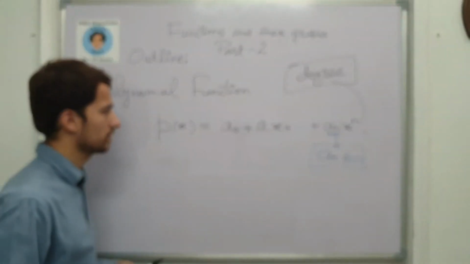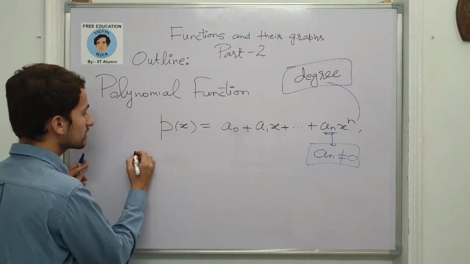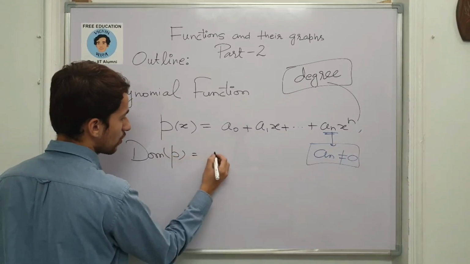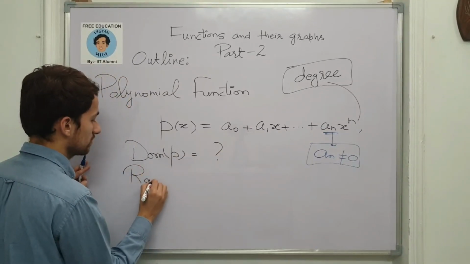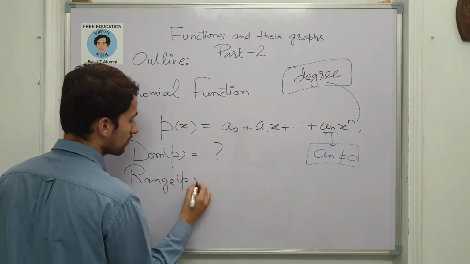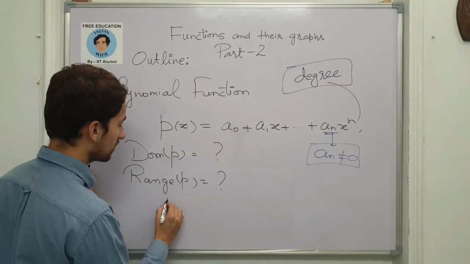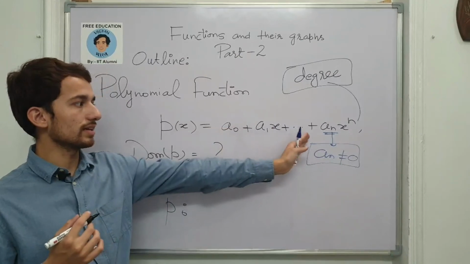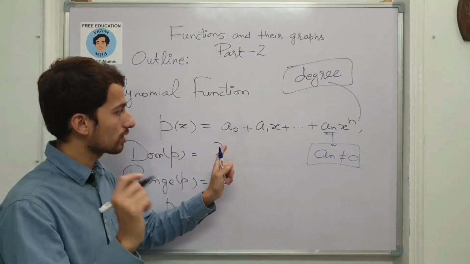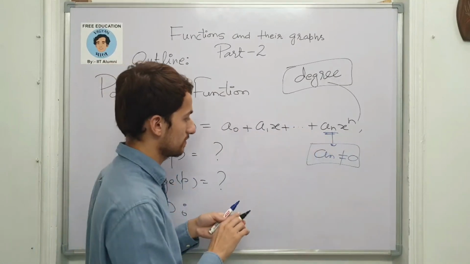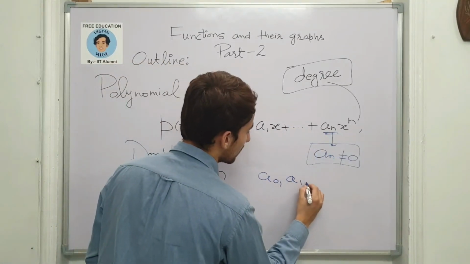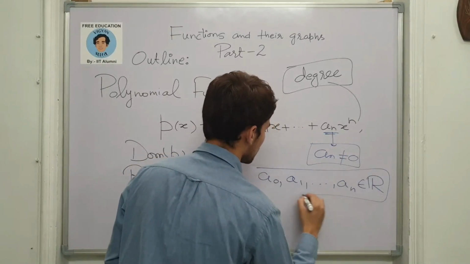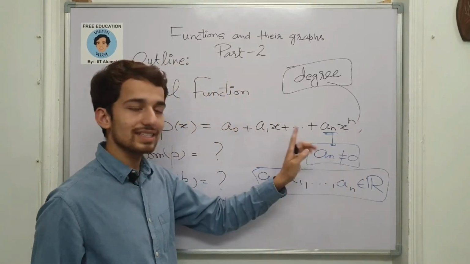Let's take some examples. And one more important question before moving ahead: what is the domain of this function p, and what is its range? If you observe, this function p(x) is defined for every value of x. Whatever x you choose, you are free to give. And one more important thing: these constants a0, a1, till an are all real numbers. Of course we put a condition on these constants that the leading coefficient cannot be 0.